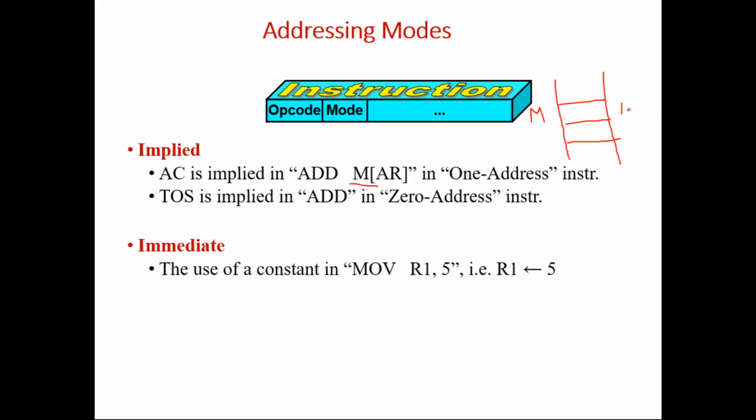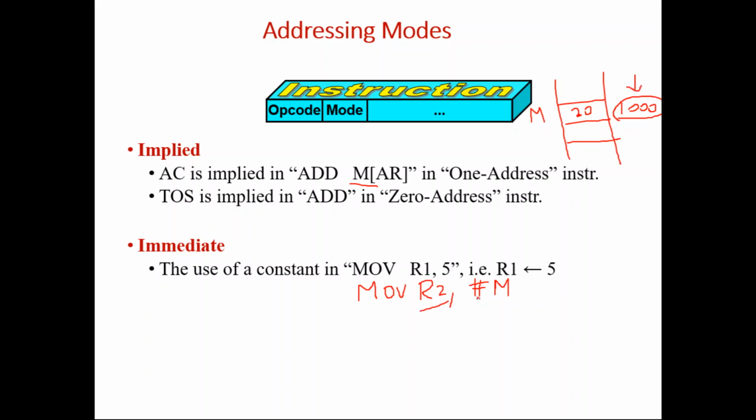M is 1000. This 1000 contains some value. We are not bothered about that. Say it is 20. Now assume that I want this 1000 to be moved to the register R2. Then what should I write? I should write move R2, comma, hash M. So hash represents immediate value. So hash means it will not take the value of M. It will take what is M. What is M? M is 1000. So that 1000 will be moved to R2.